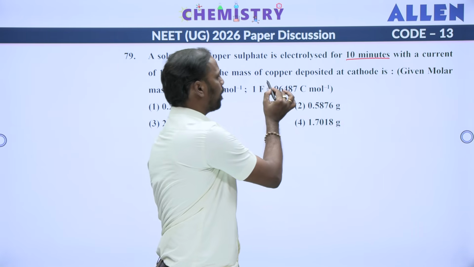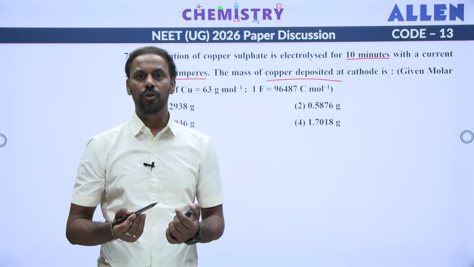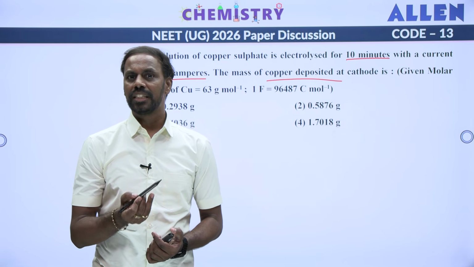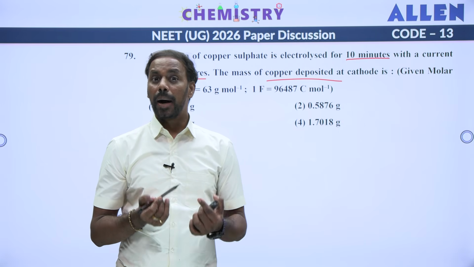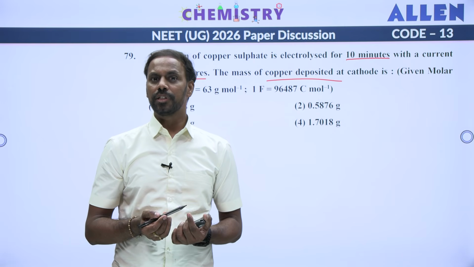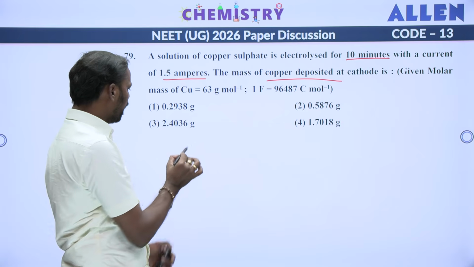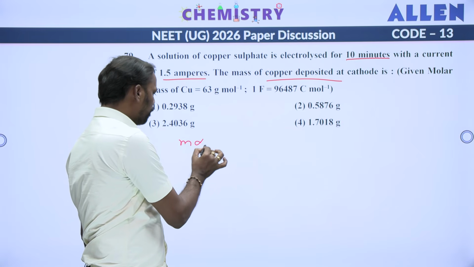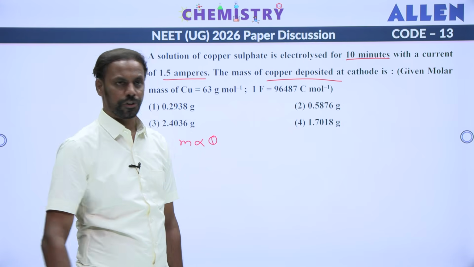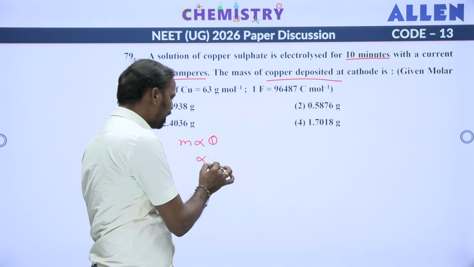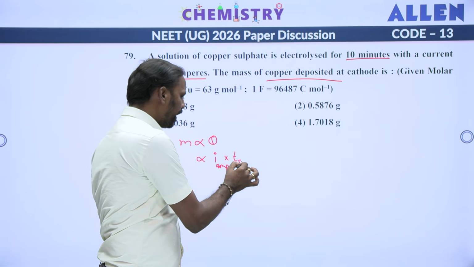The mass of the copper deposit. So this question asks from which chapter? Electrochemistry. In electrochemistry, we have studied Faraday's first law, Faraday's second law. Faraday's first law states that the mass of the substance deposited is directly proportional to the quantity of charge passed through the solution. That means M is directly proportional to Q. What is this Q? Quantity of charge passed through the solution. What is Q, student? That is current in ampere times time period in